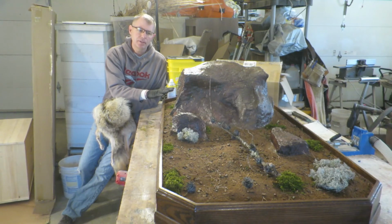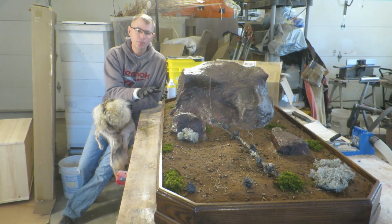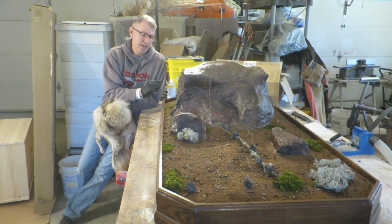Once the taxidermist gets the bear on it and stuff, I'm going to try and get back and get another picture, a little more video of it. So that will be the ultimate close to this episode. But this is the end of the build. I'll get it to the taxidermist probably tomorrow, Saturday morning,